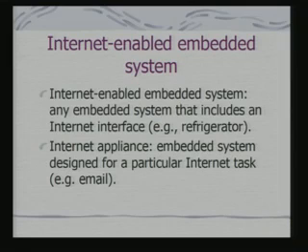In fact, that is the major application of Ethernet and TCP IP in the embedded domain. So, we get with these what we call internet enabled embedded systems. This class of devices are also known as internet enabled embedded systems. And any embedded system that includes an internet interface, you can have even a refrigerator, and on the refrigerator you can set the temperature over the internet. So, you need to have now a home server, a thin home server.